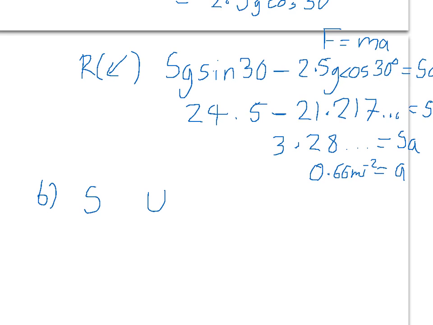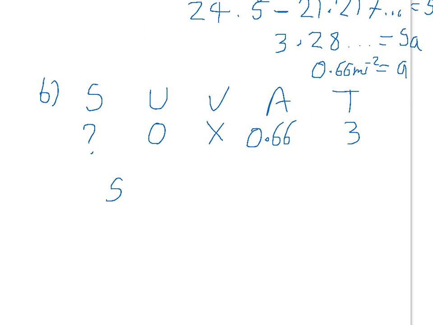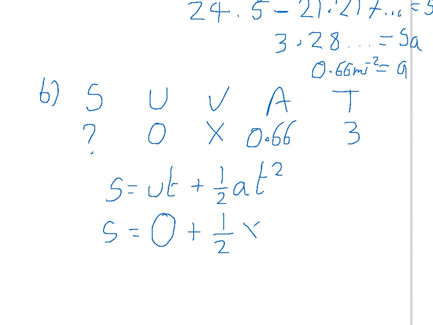So SUVAT, write down the parts we know. We know the acceleration is 0.66. We know the time is 3. We don't need to know the final velocity. We know it starts off from 0. We're trying to find the distance travelled. Now, we need to find a SUVAT equation that doesn't include V, and that one is the equation S equals UT plus a half AT squared. Now, U is 0, so 0 times anything is 0. So it's a half times 0.66 times 3 squared, which if you figure that out, you get the answer